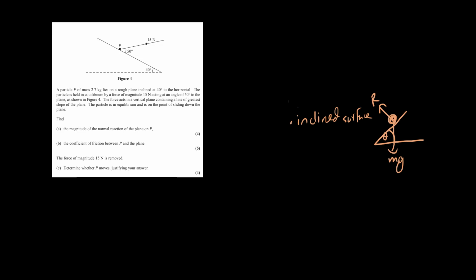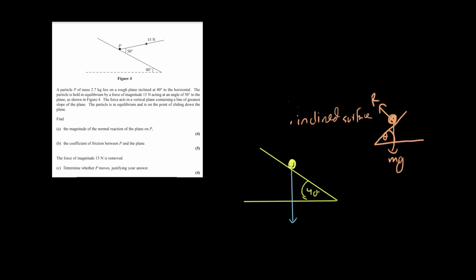So in this case we have an inclined plane. If I just draw the inclined plane, the inclined plane is this. Here, the angle that we have is 40°. The object that we have, they're calling it P, and the object has a mass of 2.7 kg. So that means